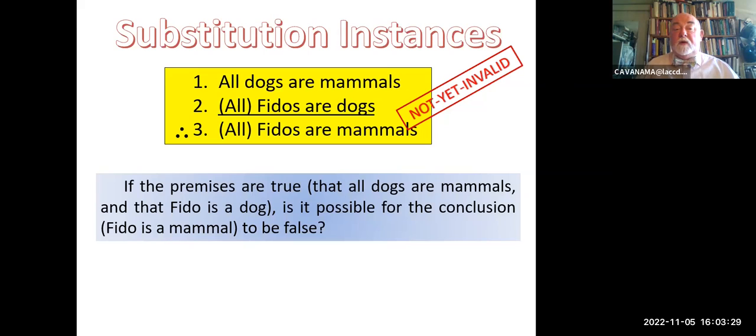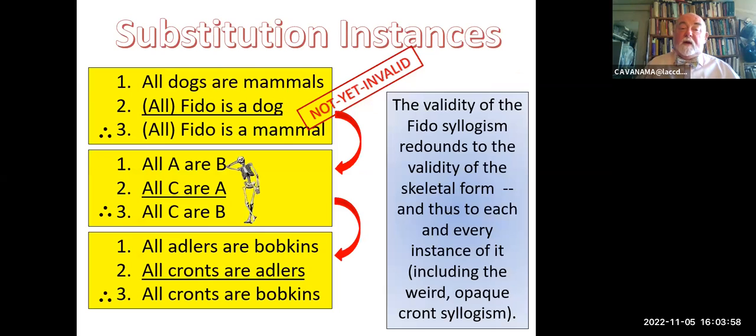Okay, well, let's see. Are the premises true? All dogs are mammals. Yeah, that's true. And let's just say, for simplicity's sake, Fido is a dog's name. Anybody named Fido is a dog. Well, if any Fido is a dog and all dogs are mammals, then any Fido is a mammal. So we've taken our true premises and made them produce a true conclusion. So we have failed to fail the test for validity. We'll say this syllogism is not invalid. It's valid. So our Adlers, Bobkins, and Krafts turns out to be a valid syllogism, even though we can't tell